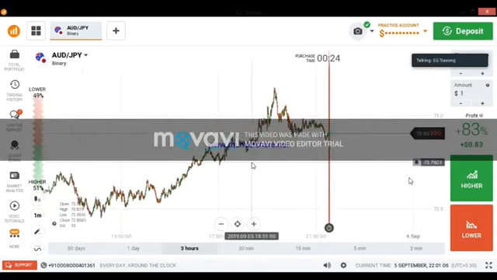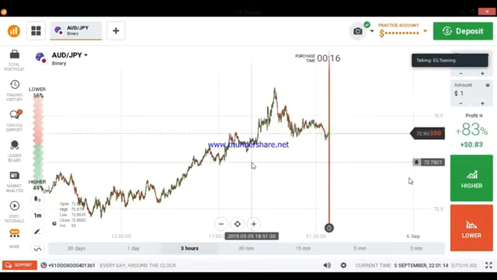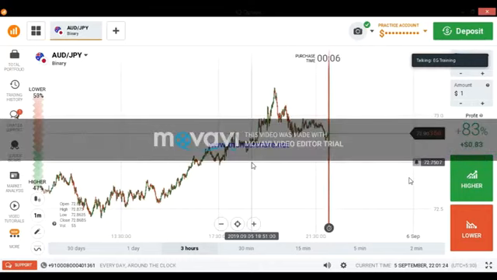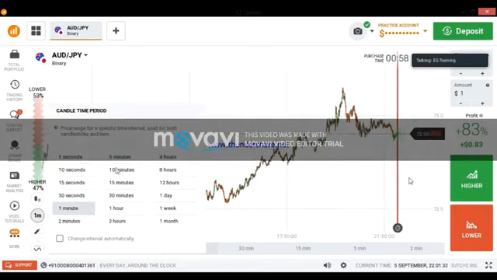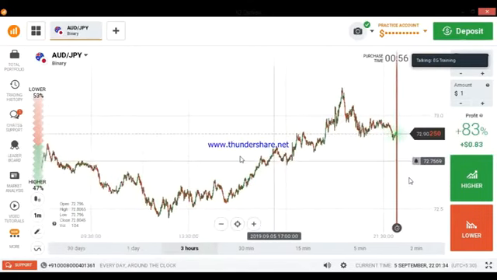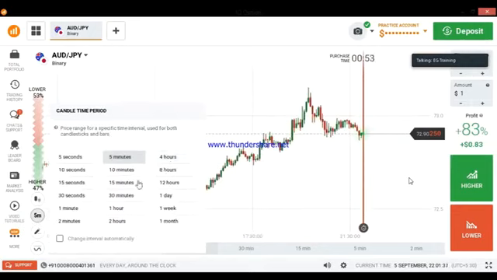You can trust the strong levels, you can place your trades with confidence. You will get mostly ITM if you place your trade at the strong levels. Sometimes you will lose because there is no 100% sure, but you will get more than 90% win ratio if you place your trade at the strong levels. And I will show you how to draw the strong levels. This is a 1 minute chart. You can draw the strong levels on a 5 minute chart too. There is no difference. You can draw the strong levels on a 1 hour, 1 day chart too. There is no difference. I will show you in 1 minute.